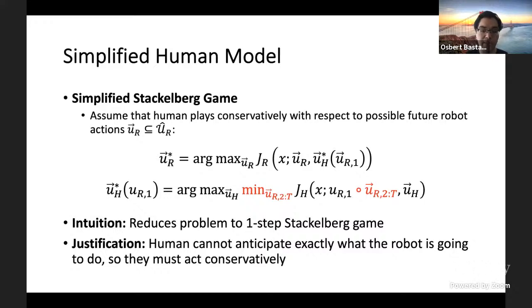This is a pretty big simplification, but it does make sense in practice, because just like the robot doesn't know the human reward function, the human most likely doesn't know the robot reward function either. So it makes sense that they'll act conservatively rather than actually try to reason about the full time horizon. Then our rationality assumption just says that the human is acting optimally according to this maximum objective function shown above. So this is the model of human behavior that we're going to consider, and we want the robot to act in a way that is safe with respect to this model.